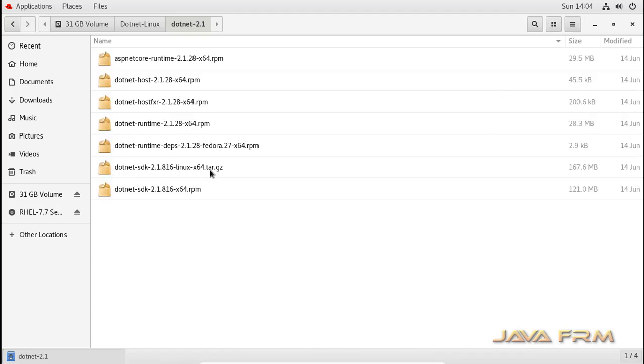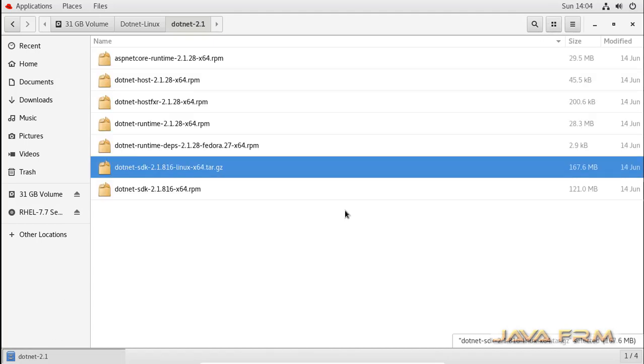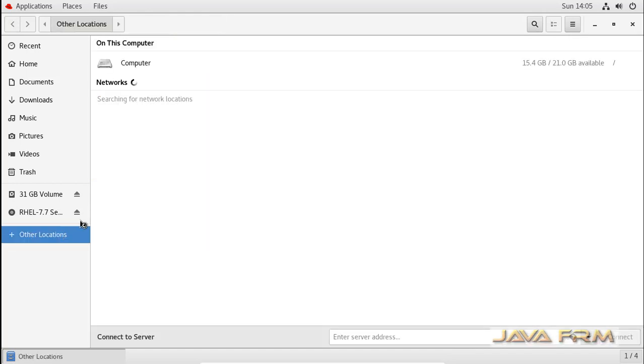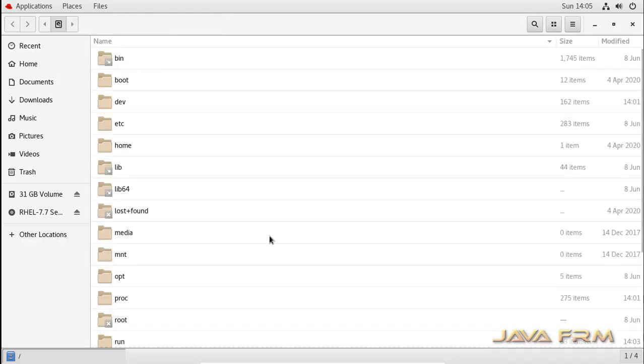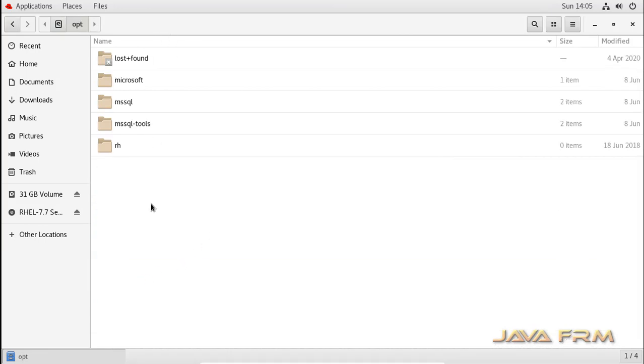These are the binaries downloaded from the .NET website for .NET Core 2.1. We are going to install this generic tar.gzip file, which contains SDKs and runtimes. I am going to install this .NET Core 2.1 in the /opt directory.